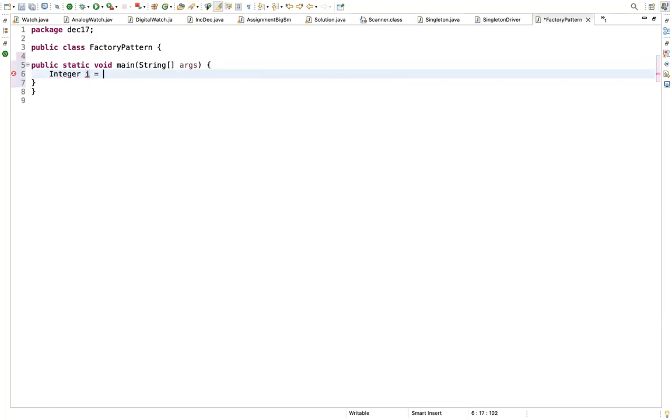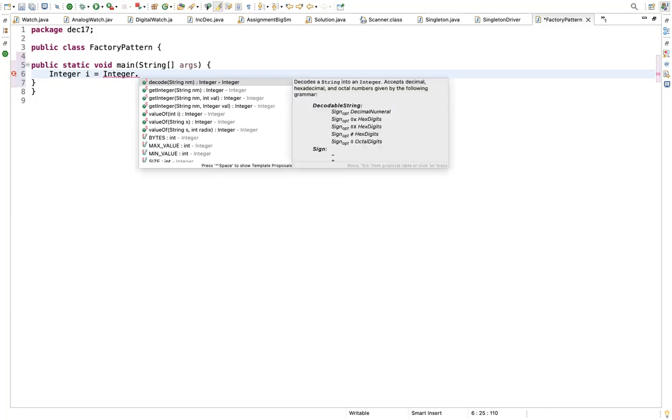equal to, now just type again Integer, the same class name Integer, and give dot. Yeah, so right now you can see the getInteger method, and you see the valueOf method, which is an overloaded method. So you see int i, and the second one is taking String s, so overloaded method, right? And there's also one more overloaded method with String and int radix. So now scroll down a little.